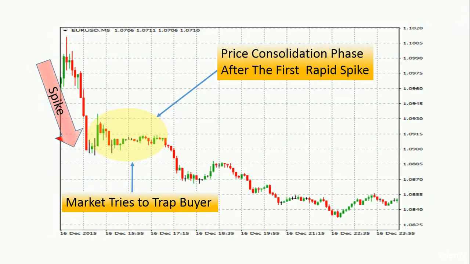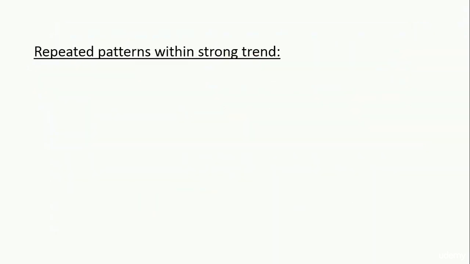It's worth mentioning here that only beginners and inexperienced traders would be fooled by these patterns, while professional traders will be waiting for such patterns to evolve so they will be able to initiate new with-the-trend trades at a better price. There are three common patterns that are usually formed within strong trends, which are horizontal channels, flags,